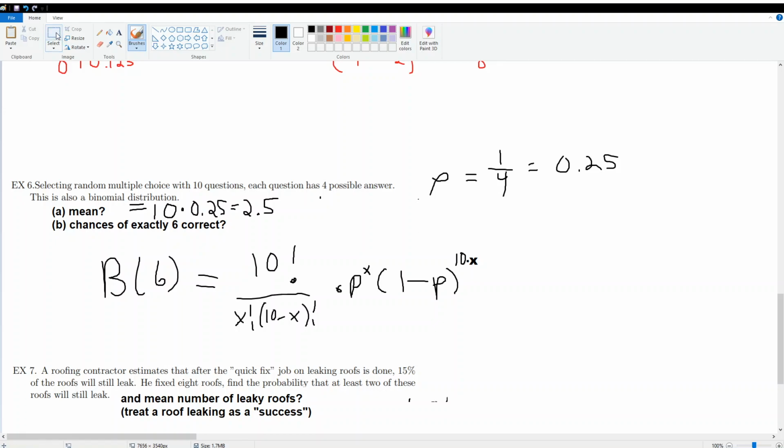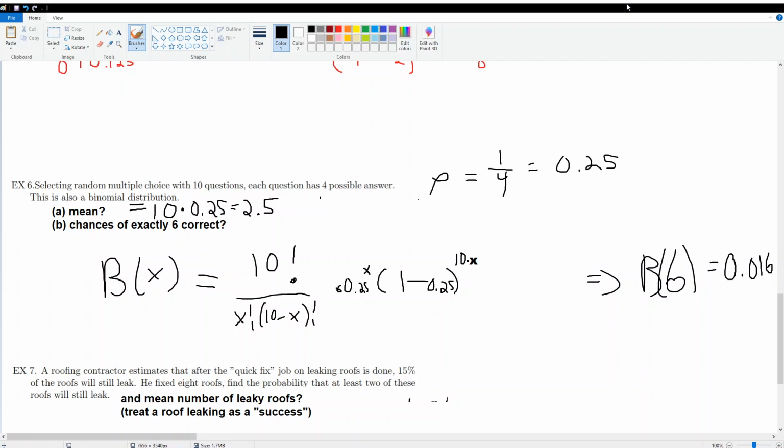And our p is 0.25. So we're going to replace these with 0.25. If you wanted to, you could go straight into Desmos and literally write in b of x is equal to this and just type that in. If you do that, you could then literally just type in b of 6 and it'll spit out the answer, which in this case would be